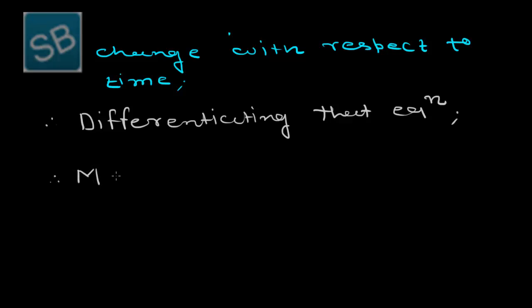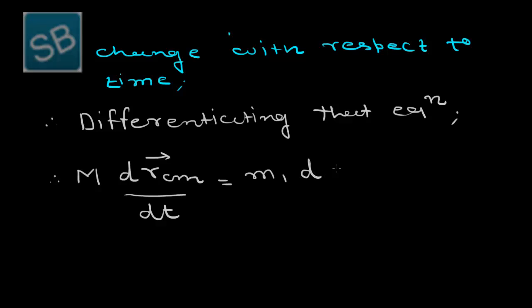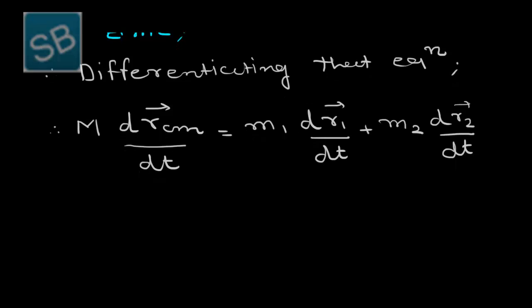Therefore, capital M is as it is. dR_CM vector divided by dt is equal to M1 dR1 vector by dt plus M2 dR2 vector by dt plus so on, up to Mn dRn vector by dt. But if you remember,